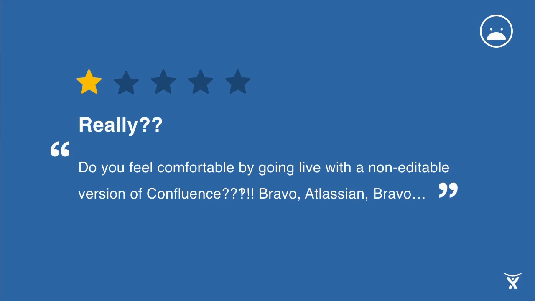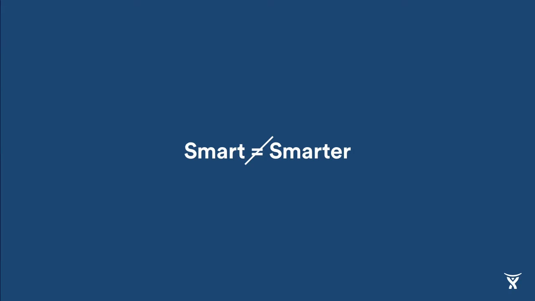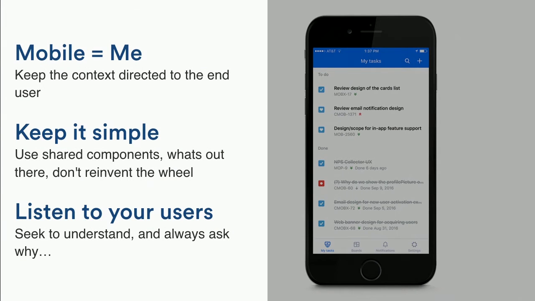And then there was also some more negative feedback, where people were explicitly calling out something that they were incapable of doing in our experience that we knew we wanted to have in there, but we just couldn't get there in time. So that brought us back to the idea that even though we were being smart, it doesn't always equal smarter, that there's always a simpler solution, and that we don't have to add this complexity around how we execute on the experience. We can always come back to these very simple instances that help us prioritize what we need to be working on and what we need to be pushing out in mobile.